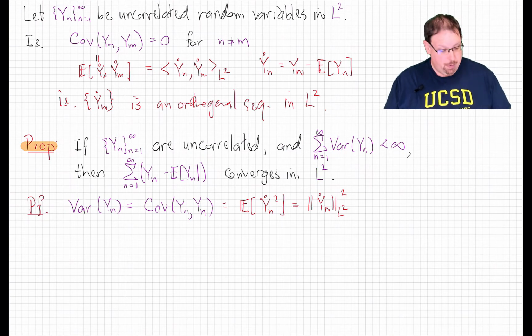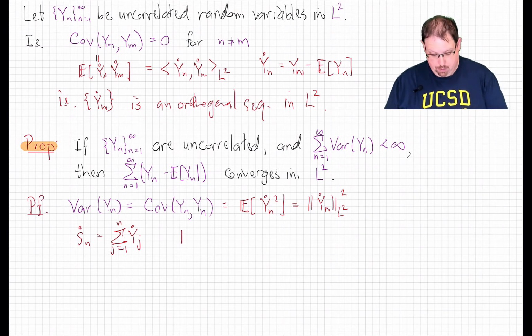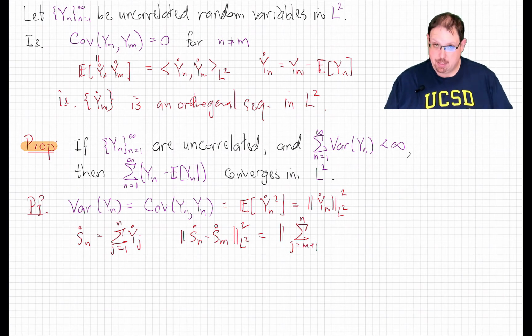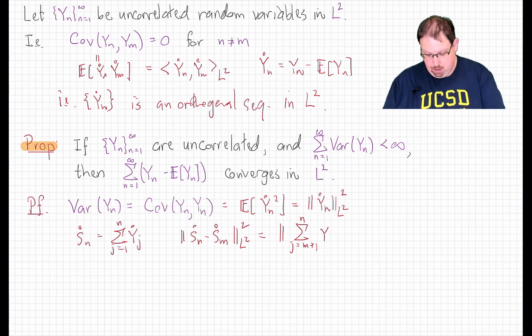To be a little more pedantic about that, let's just let Sn circle be the sum of yj circle, j going from 1 up to n. Then we can use the above observation to show that Sn circle is a Cauchy sequence in L2. If we look at the L2 norm of the difference between Sn and Sm centered, and square it for good measure, then that is just the L2 norm squared of the sum, j going from m plus 1 up to n, here assuming that m is the smaller of the two, n and m, of yj circle, L2 squared,